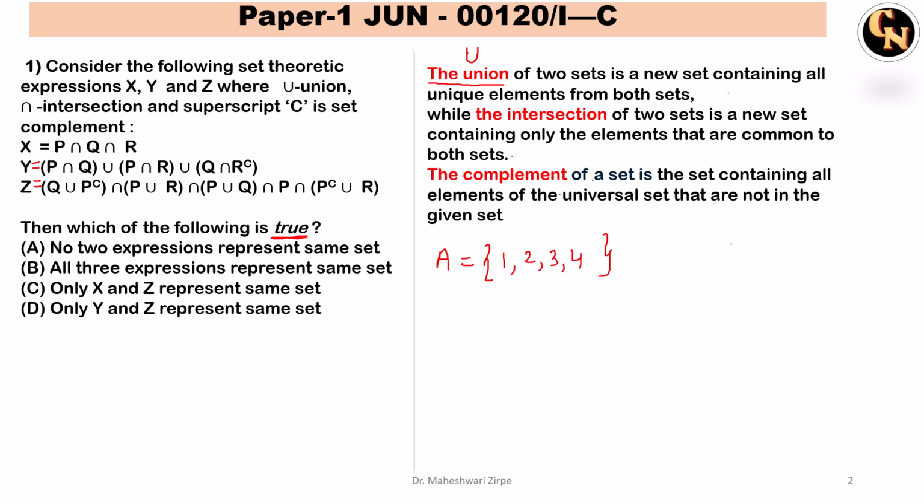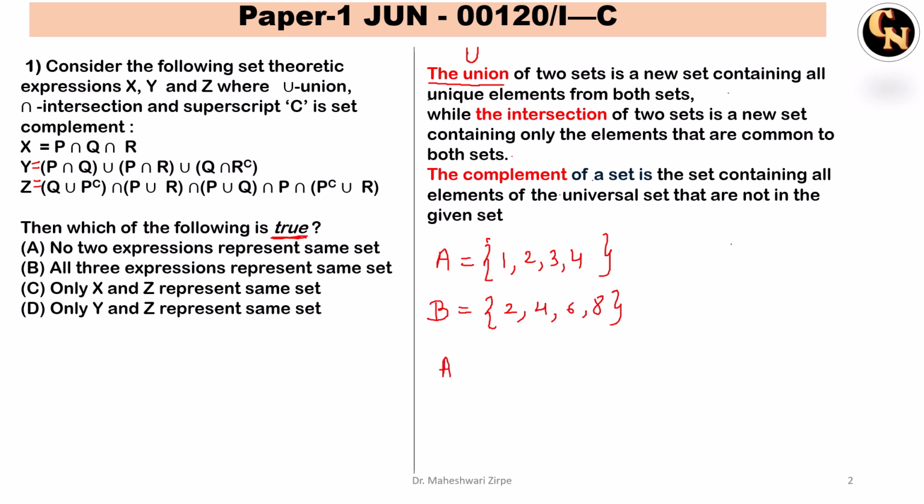Okay. There are 4 elements for set A, and while representing a set, we represent it by curly brackets. Similarly, let us see, there is one more set B, and let us represent it by 2, 4, 6 and 8. Okay. So these are two sets. One is 1, 2, 3, 4, and one is even numbers. So if these are the two sets, now if you want to represent the union, then I can say that